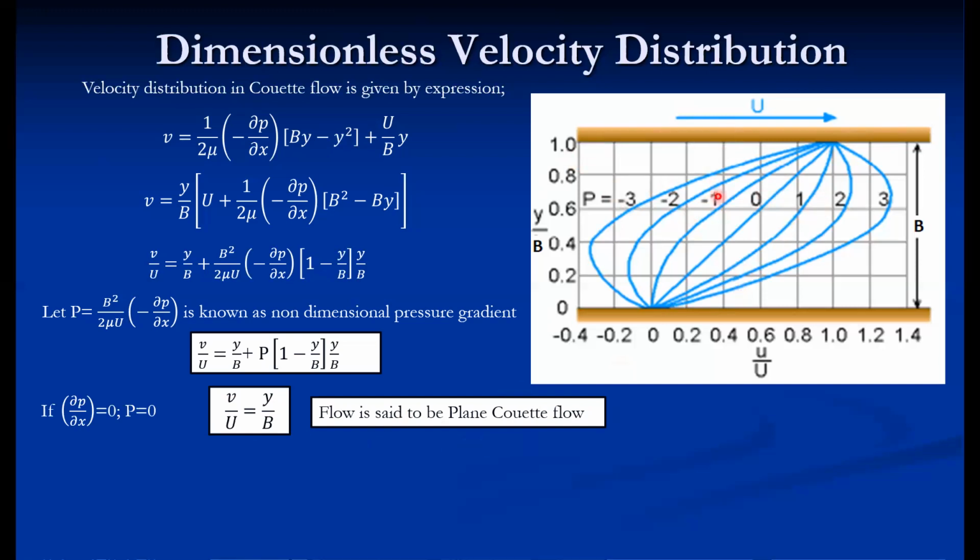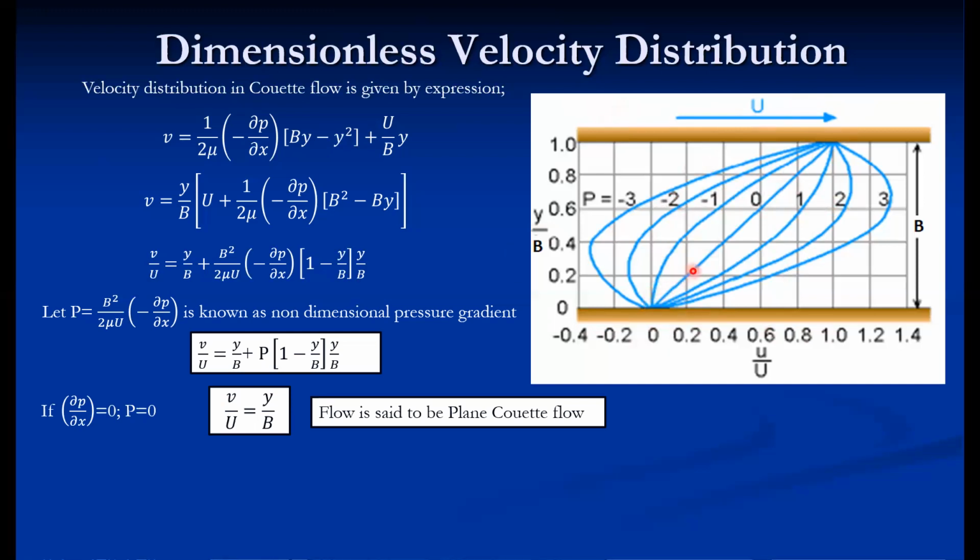While deriving Newton's law of viscosity, we have considered two plates, that is, the bottom plate is fixed and the upper plate is moving with some velocity. And in between there is a fluid which is stationary. The fluid which is moving is moving because of this plate velocity. Under those circumstances, it is found that velocity varies linearly with y.